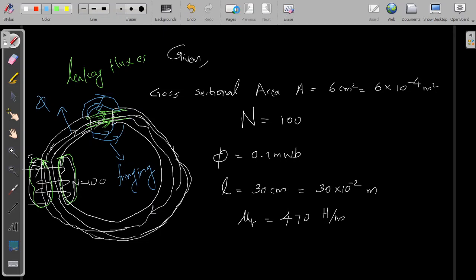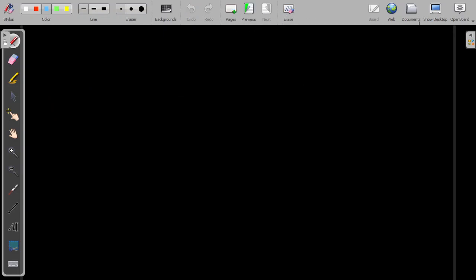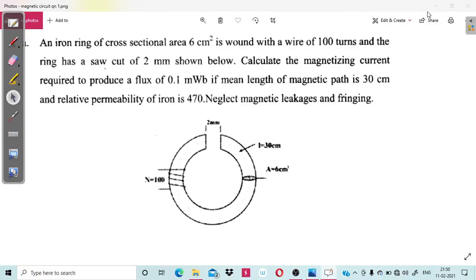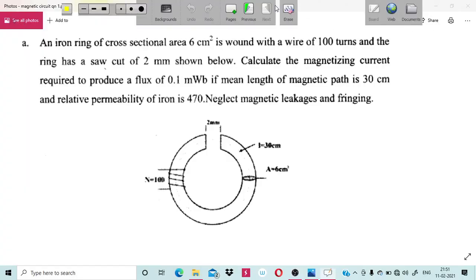Now what? Now you have to calculate. Yes, the examiner is asking you to calculate the magnetizing current required to produce a flux of 0.1 milliweber. That means